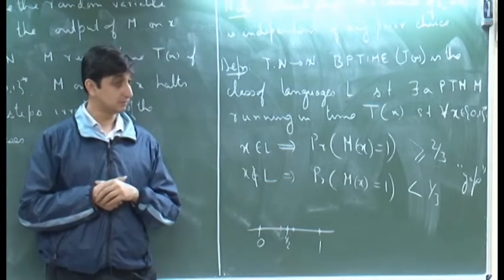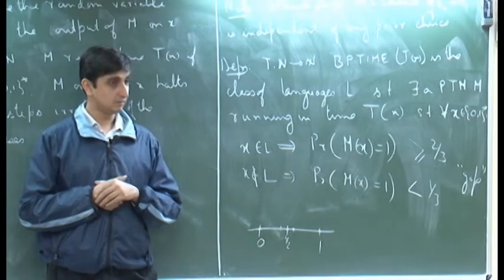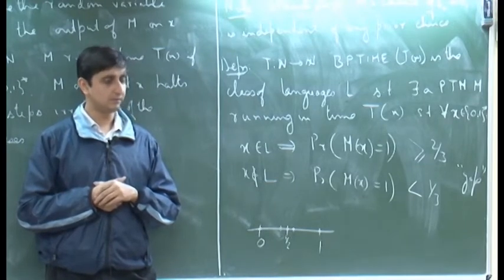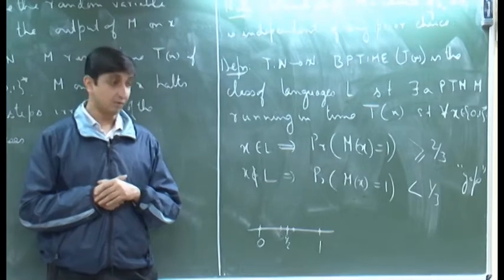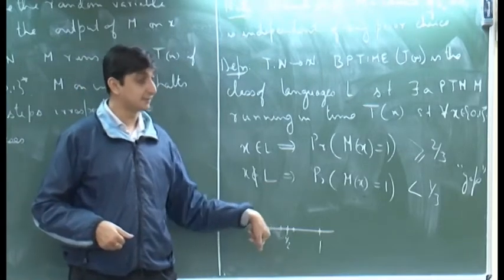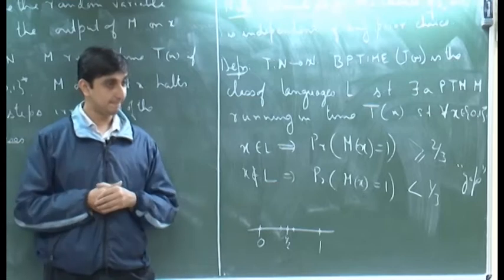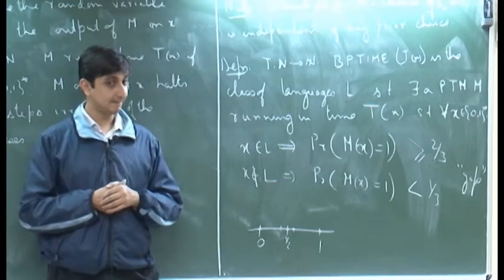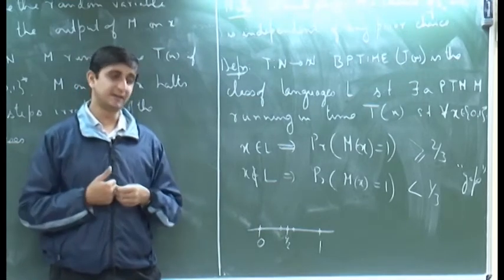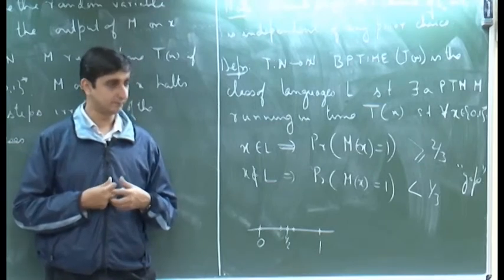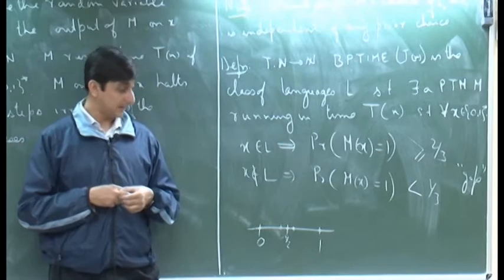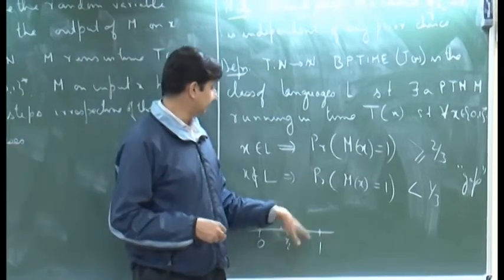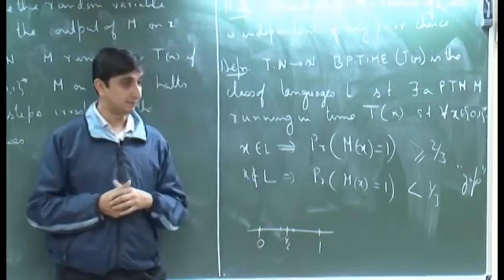Yes. But with this problem, if the string does not belong to the language, the fraction of accepting is half, exactly half. Right. I mean not exactly half, less than or equal to half. Yeah, in the construction it came out to be exactly equal to half. But you are saying that two opposite sides of half. Right. So that is why I am saying that this is different from that definition.